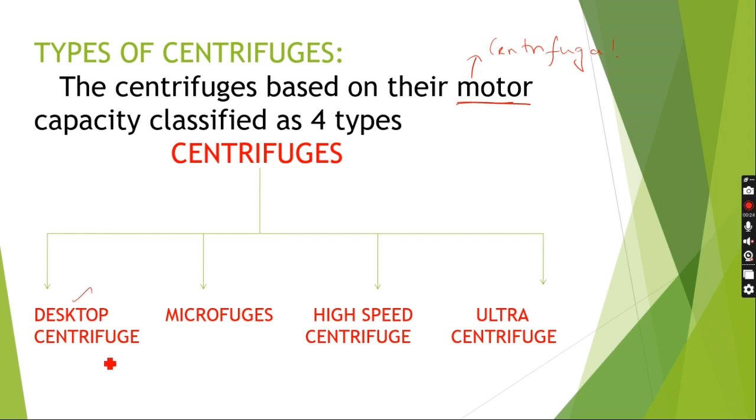They are the desktop centrifuge, which is easy to handle. Then microfuges, which handle small samples of biological molecules. The high speed centrifuge sediments a large amount of samples at increased speed. Even the smaller components are sedimented in this high speed centrifuge. Then the ultra centrifuge. These are very accurate and sediment the different components,